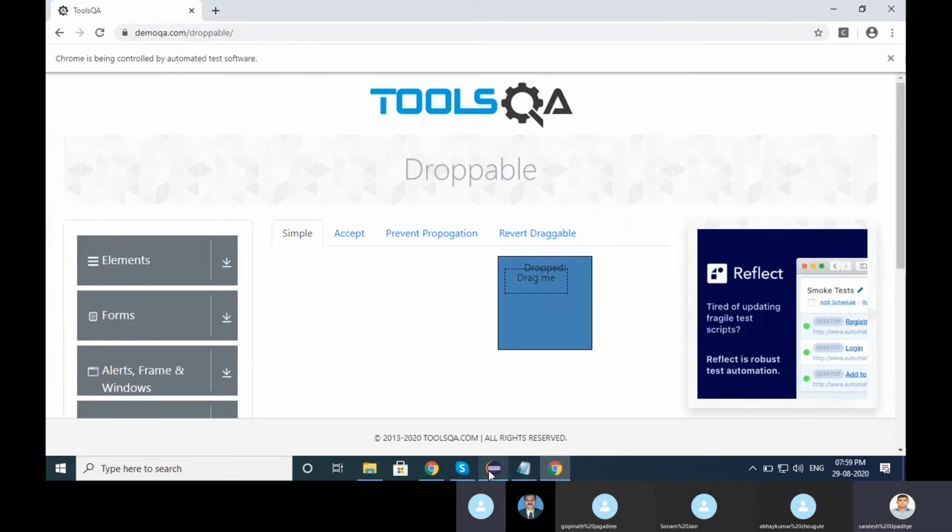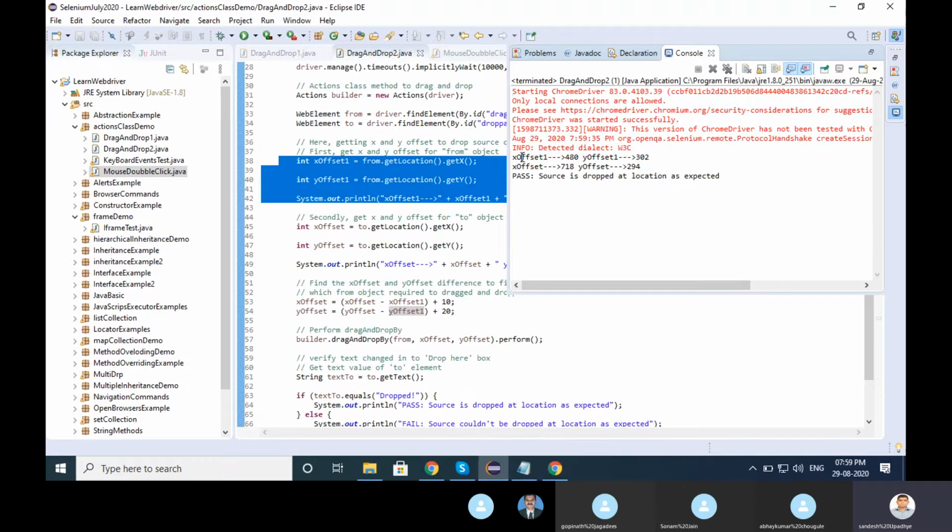Okay, I can try to explain this. Look here, X offset 480 they got, Y offset 302 they got. Diksha, tell me. They are taking it like in a graph, where we take the x coordinate and y coordinate. The x coordinate increases in the horizontal direction and y increases in the vertical direction.